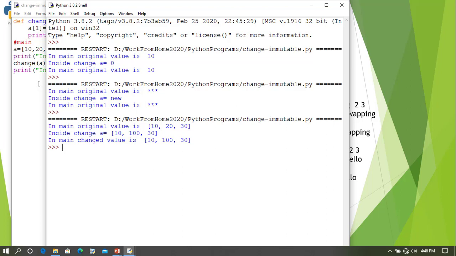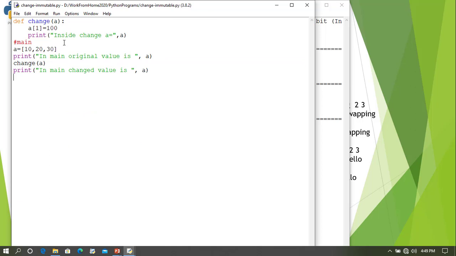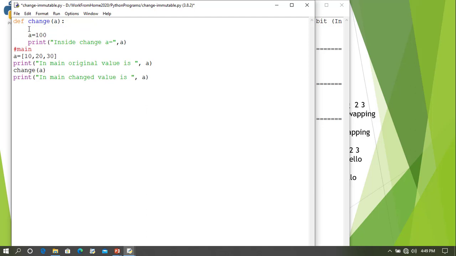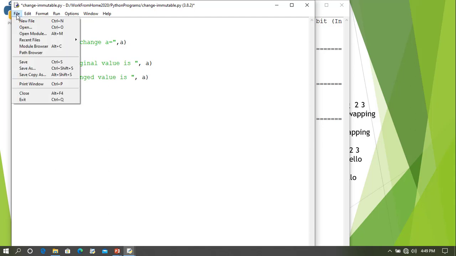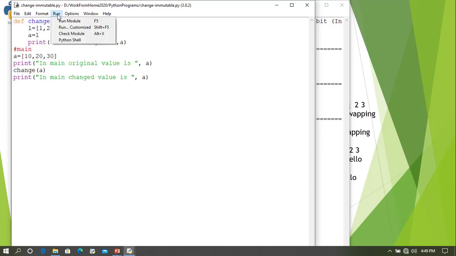Let us see, though a list is mutable, it may not reflect the changes if it is assigned to some other variable or any other data type. For example, suppose we take another list, let's say L, and have 1 and 2 here, and we try to assign a to L. So save this and see whether the change is there or not.